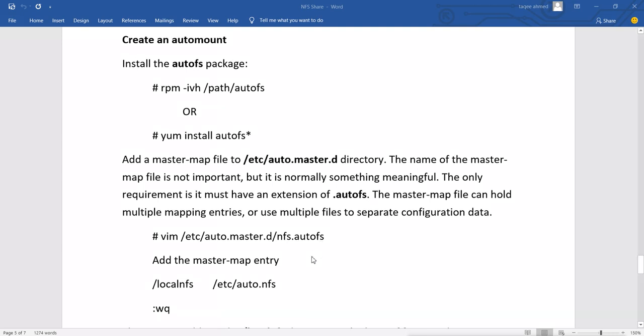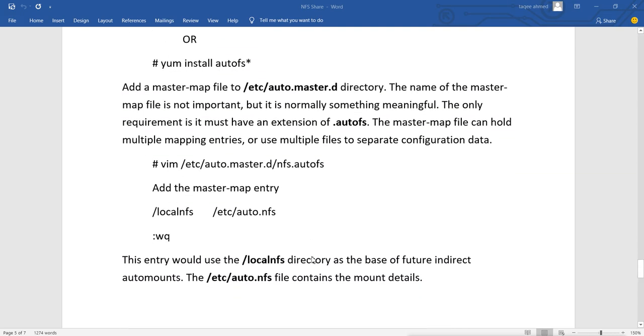Now in this master map file we add the entry for the directory which we want to mount. So we add the master map entry here, /local/nfs, where I want to mount the NFS share from the server.